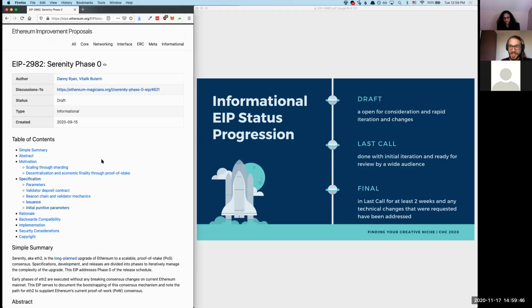And then we will call it final. We'll have the 5th informational EIP ready, and that will be Genesis of ETH2. This proof of stake mechanism that we're bootstrapping is a little bit dependent on getting a threshold of deposits in. So the earliest that can happen is December 1st, so this might be final right about then, but in terms of when once we hit that threshold.